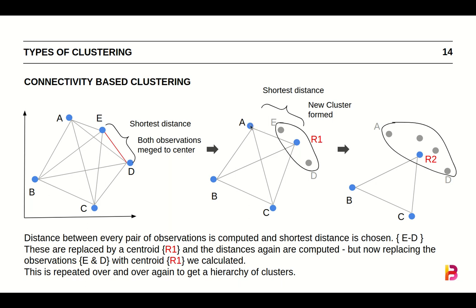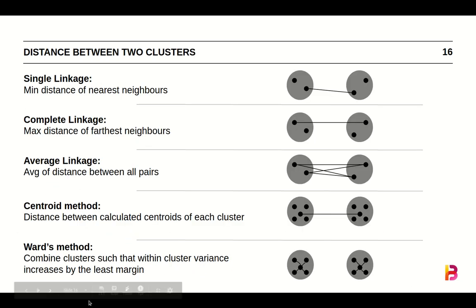Now, because every time you increase this, your average distances would increase, it would compare the increase from the original cloud to the expanded cloud. And the cloud which gives the least increase is the cloud that it chooses. So in Ward's method also, it might be that it would expand to A, and expansion to A, at this stage, leads to the least amount of increase in this average distance or average variance within the group. Now that is the intuition behind what Ward's method is.